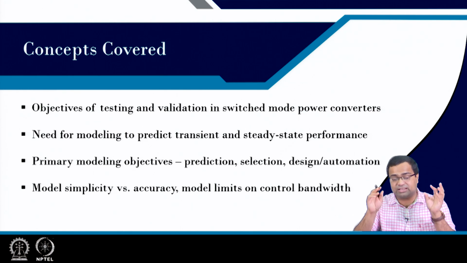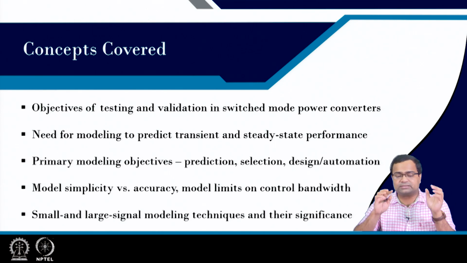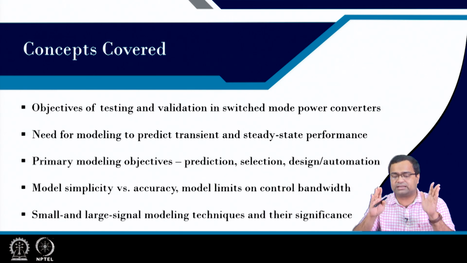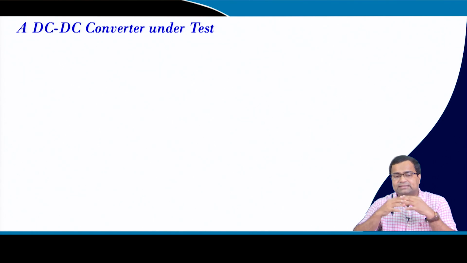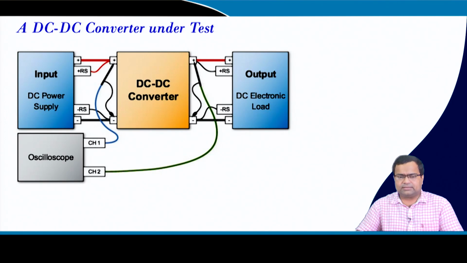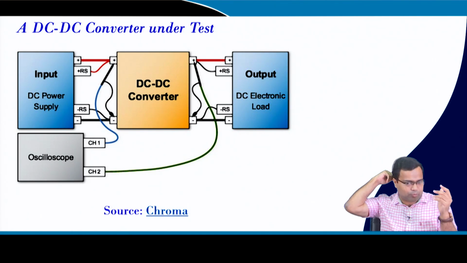Then we also want to see the model simplicity versus accuracy and model limits on control bandwidth, that also we will discuss. And finally, some small signal and large signal modeling techniques and their significance, that also we will discuss. So, a DC-DC converter under test, and this is a diagram I am showing from Chroma,